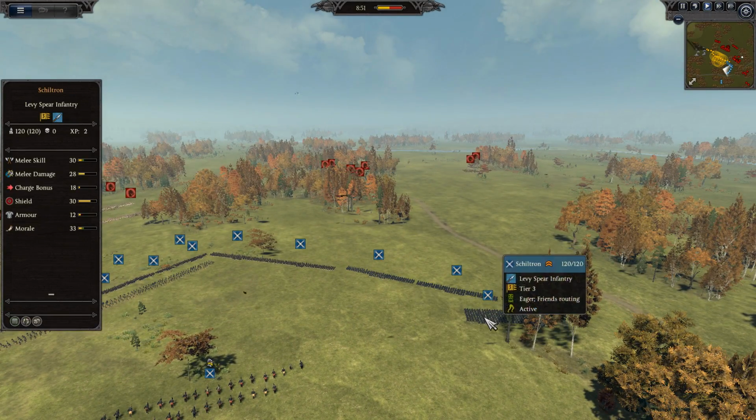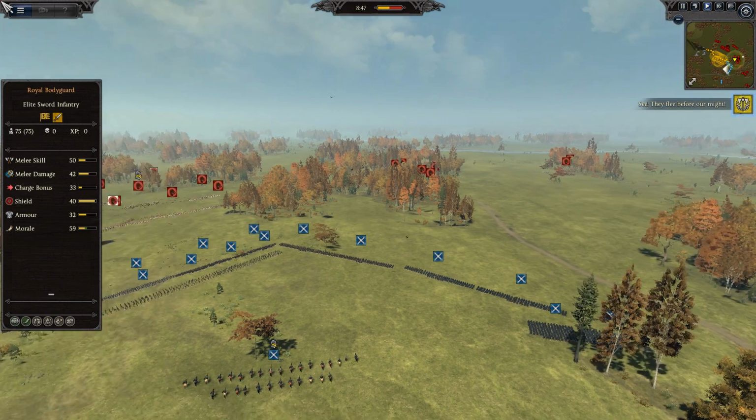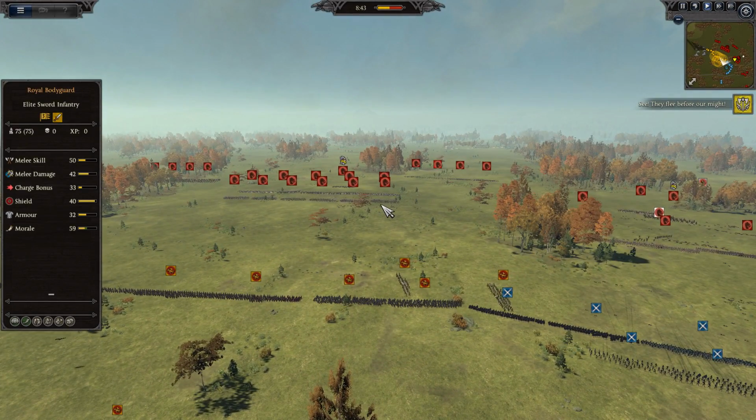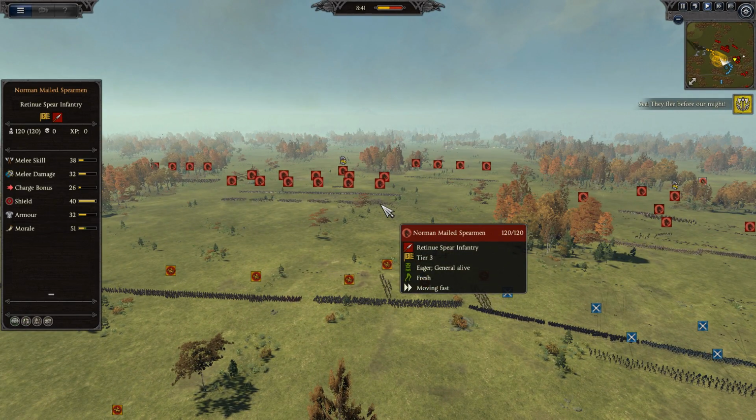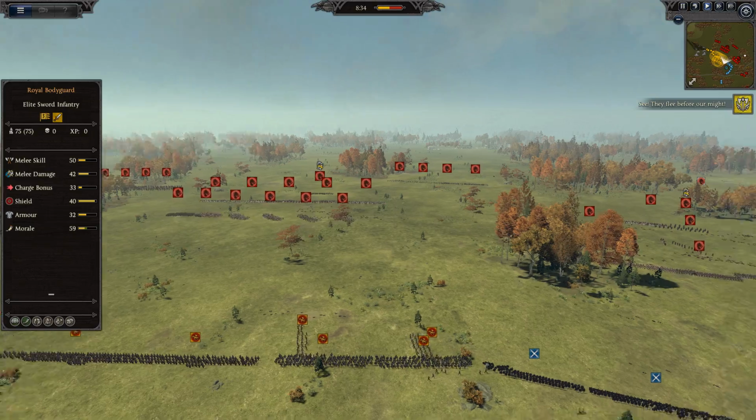Skiltron over here, so spears. Very nice out wide on the flank here to prevent the Norman knights from getting too much of a solid connection. But now you can see that the Normans are starting to move forward. So the fairly lengthy skirmish phase is coming to an end now. The Normans are going to come forward with the full force of their infantry and spearmen,